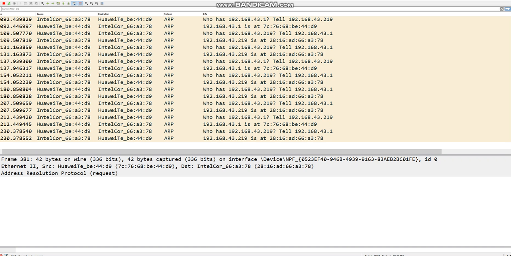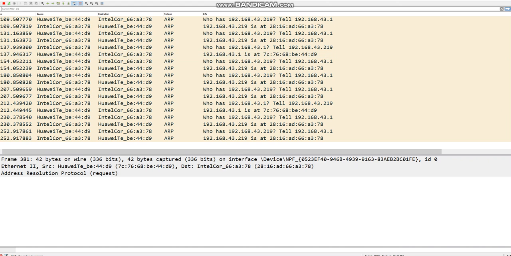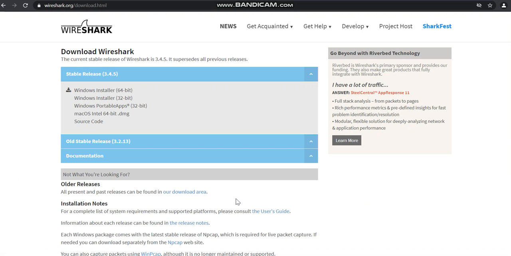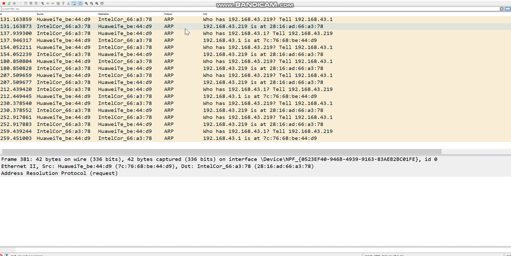I can show you a sample. This is the Wireshark tool. When you go to the Wireshark website and download any one of the Windows installers, you will be able to access this tool. And here, as you see, we can access the packet and analyze at each layer how it looks. So I would recommend you to download this